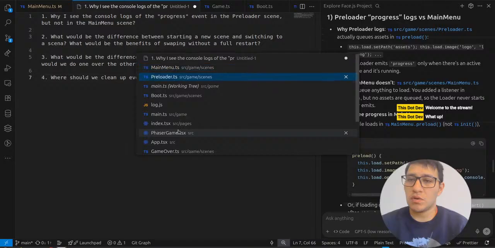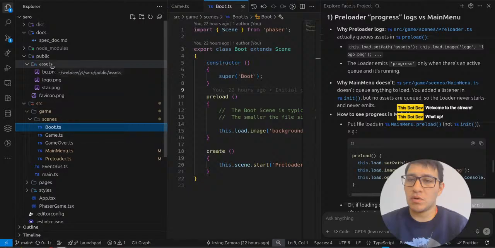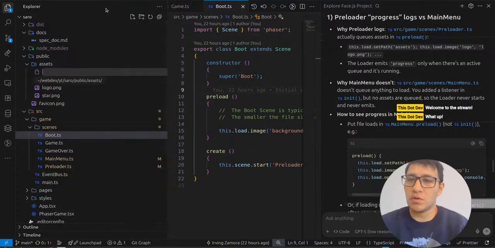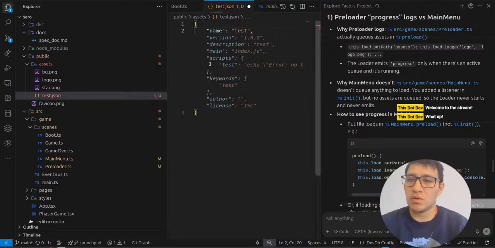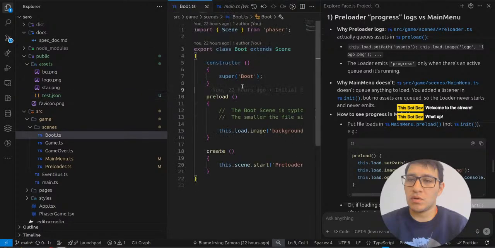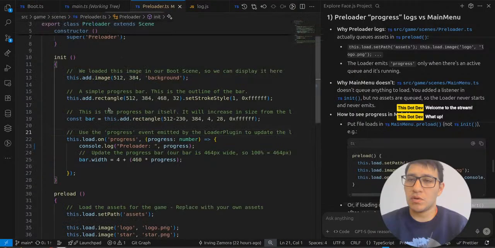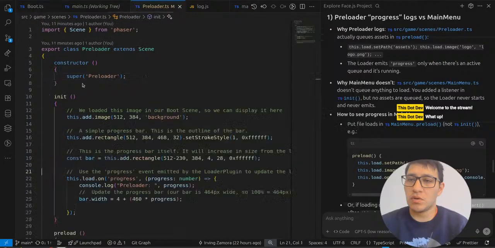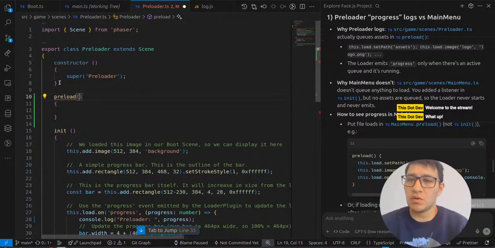so let's see if the boot is loading this image. What if I add, let's see, asset? What if I add just like a test.json? And we have a JSON here, we have name test, version, yeah, whatever. And now in preloader, in the preload method, what if here,